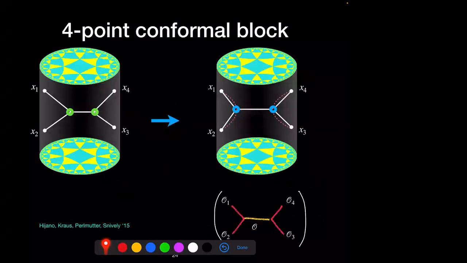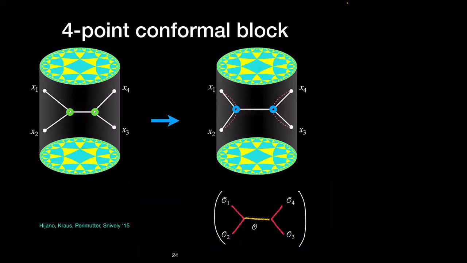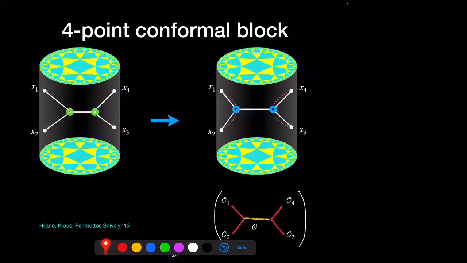So let me just give you some results. I promised that I will tell you what the holographic duals of conformal blocks are. It turns out that this result for 4-point conformal blocks was known. On the left-hand side, I have shown a Witten diagram where the green vertices are integrated over all of AdS space. And it turns out, starting from this and using a combination of propagator identities like the one I showed in the previous slide,